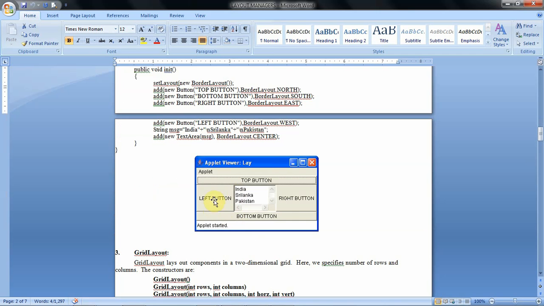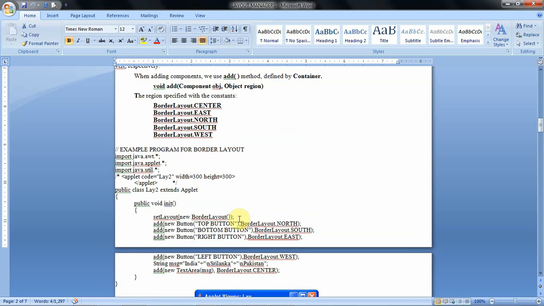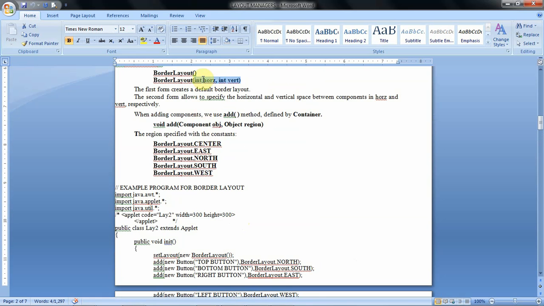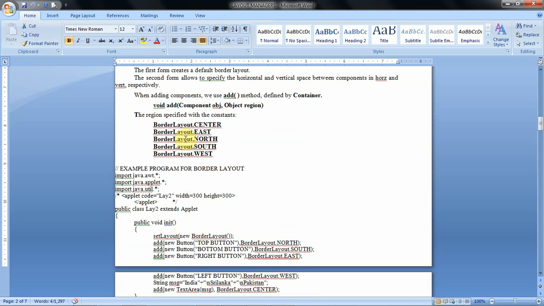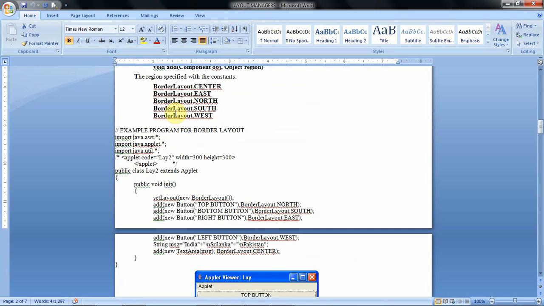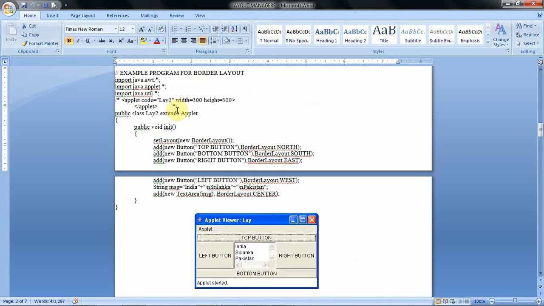And how much gap between the left button and the bottom button, that we can specify as the horizontal gap. So between the components we can maintain horizontal and vertical gaps by using this constructor. Then these are the constants we need to use with the border layout manager.